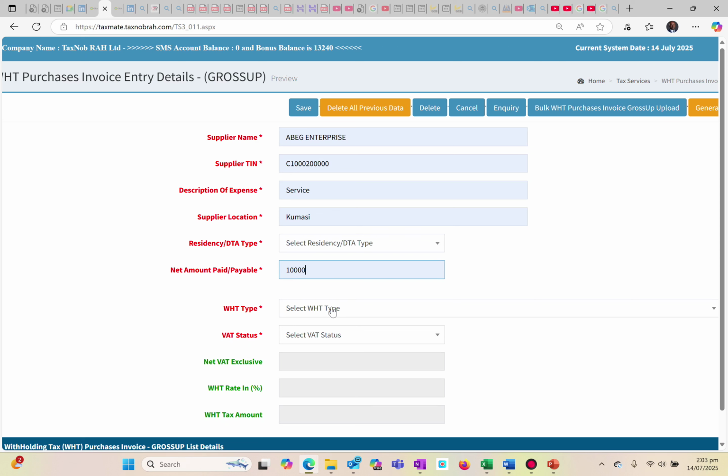that we have paid, which is 10,000. Oh, please, we didn't consider this one. The residency is very, very important, because the residency determines whether there's going to be withholding tax. It's going to determine the withholding rate as well. So let's say this one is a resident entity, and that's how come you had the VAT applicable. All right. So we also need to decide whether that